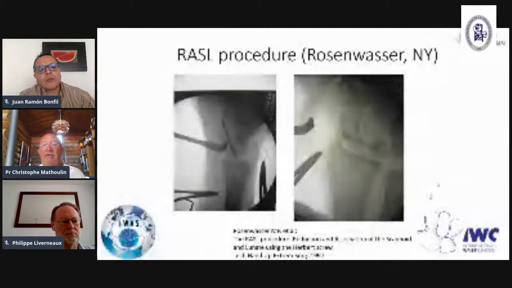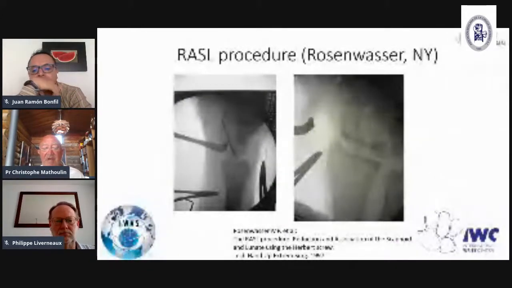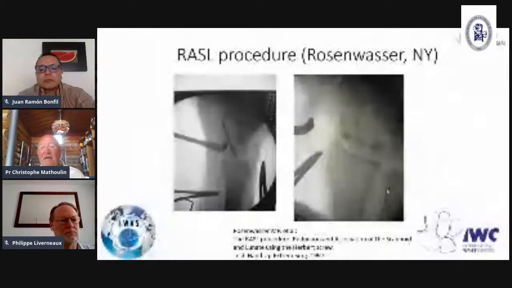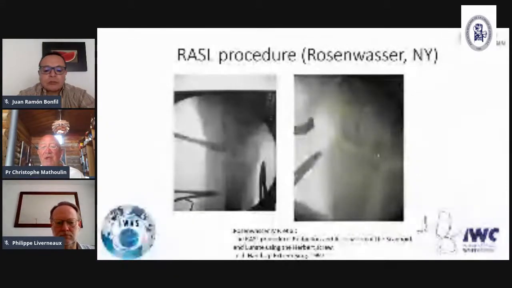During this period, Rosenwasser in New York proposed the Russell procedure. Melvin had a good idea, but it's very difficult to put the screw in the right place. I succeeded only once, and we published a paper with my friend Michel Levadou and Jean-Michel Cognier, and we recommend not to use this technique, which is very complicated to